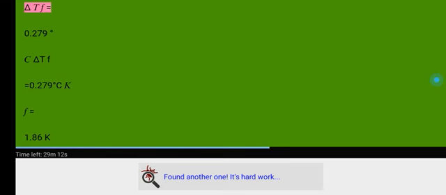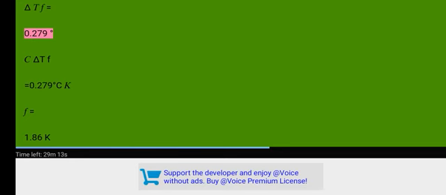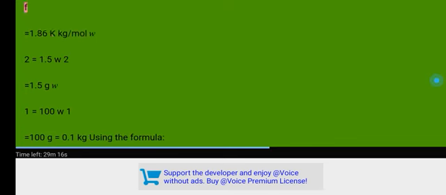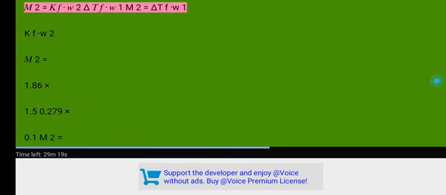Solution. Given: delta Tf equals 0.279 degrees Celsius, Kf equals 1.86 K kilogram per mole, W2 equals 1.5 grams, W1 equals 100 grams, which equals 0.1 kilograms. Using the formula,